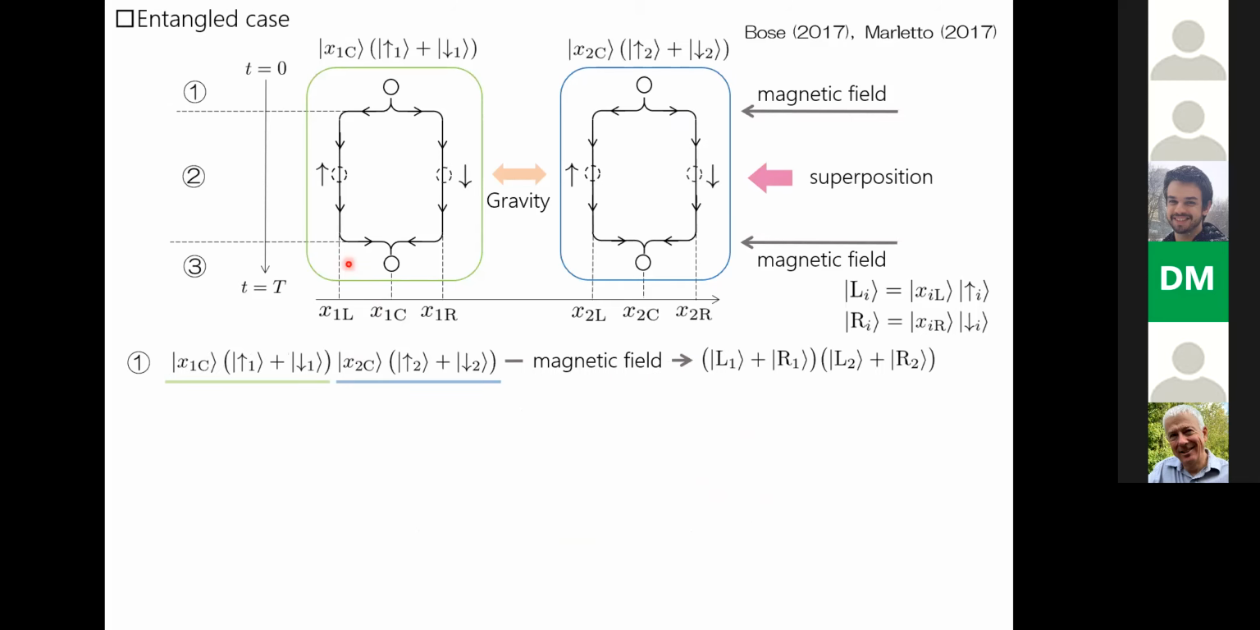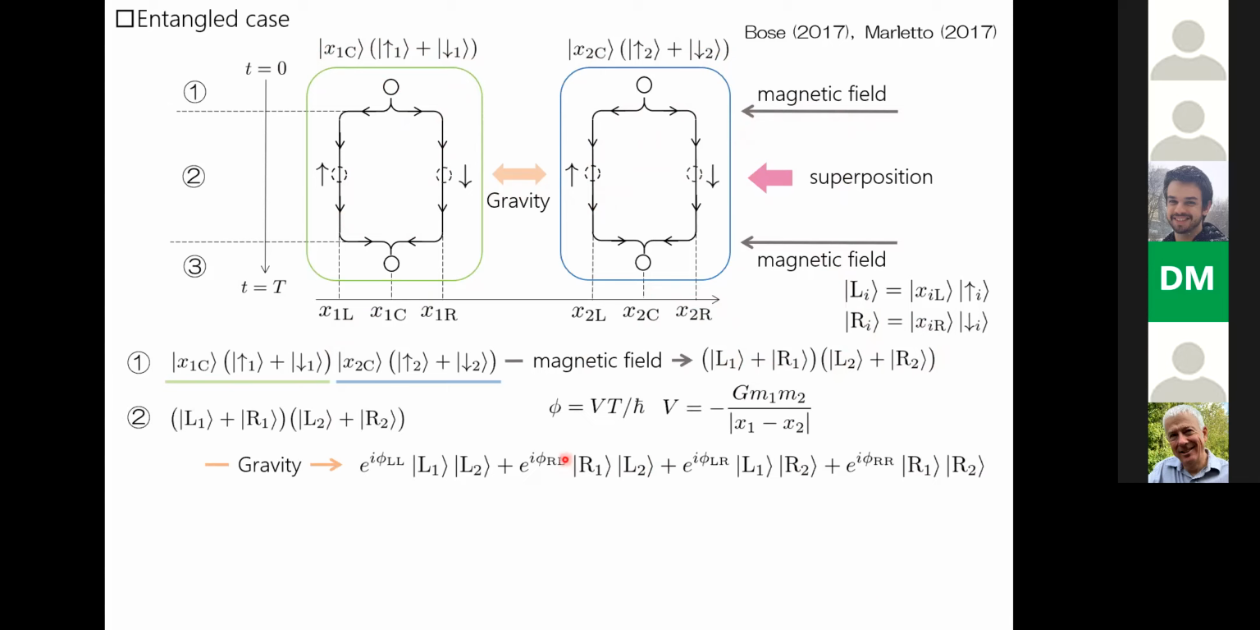Let us move on to the case where the quantum entanglement is generated by gravity. In contrast to the previous case, we consider that both of the particles are initially in the superposition of the up and down spins, like this. In the first stage, by a non-uniform magnetic field, the particle in the green part will be in the superposition of two states. Unlike the previous case, the particle in the blue part also will be in the superposition of two states. The state of the particles after the first stage is given in this equation. The state of the particle in the blue part is the superposition of two localized states, L2 and